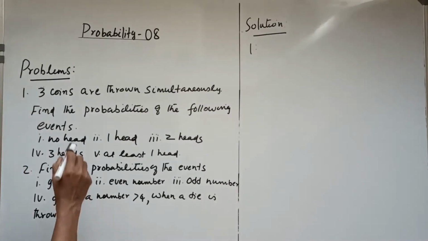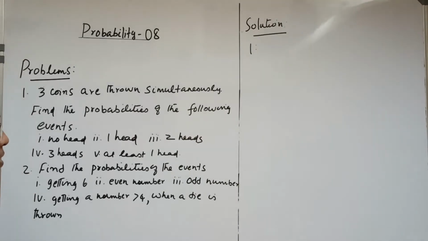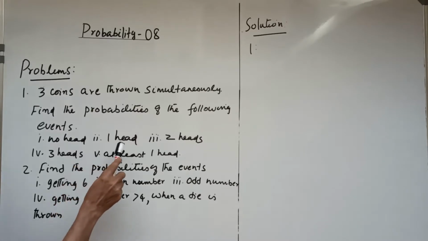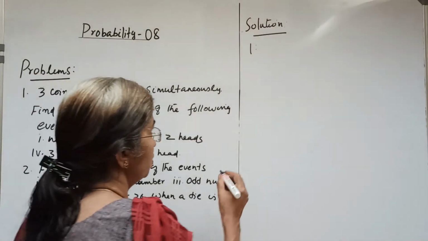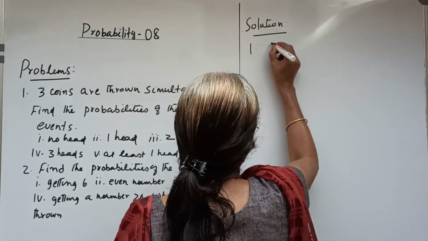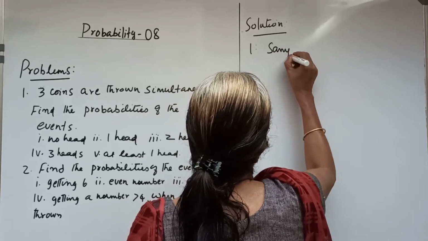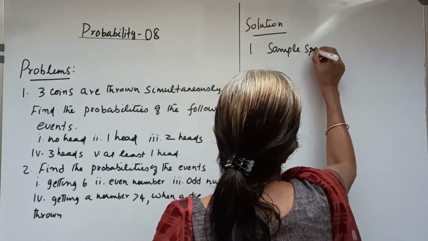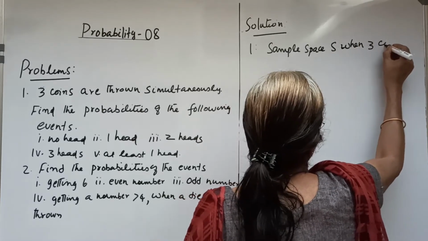So the first question is: 3 coins are thrown simultaneously. Find the probabilities of the following events: no head, 1 head, 2 heads, 3 heads, at least 1 head. Firstly, we consider the sample space. We know the sample space is the set of all possible results. So when 3 coins are thrown, the sample space is